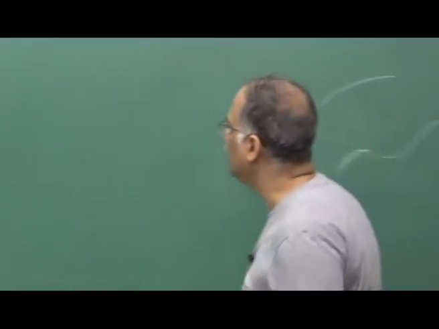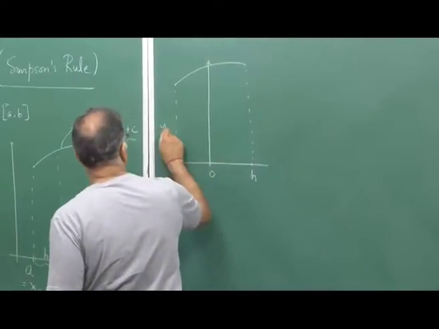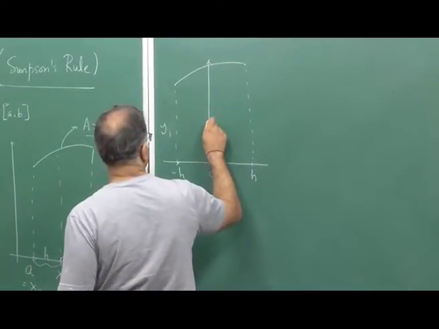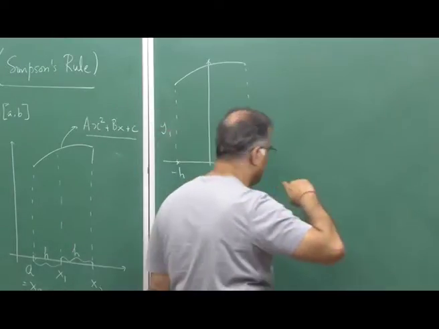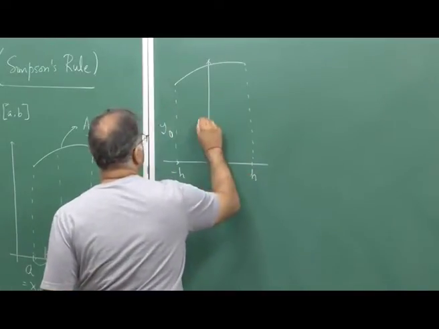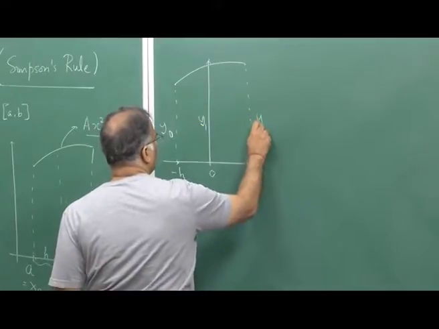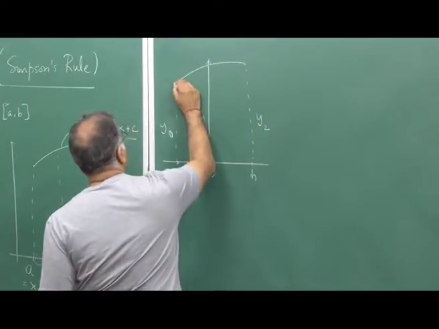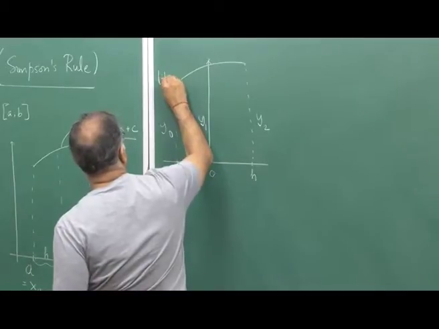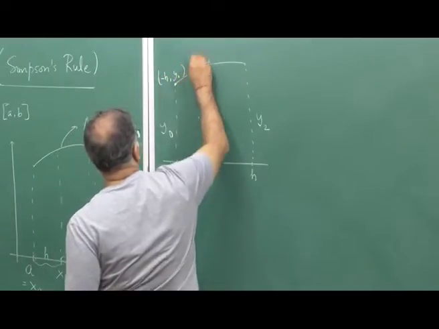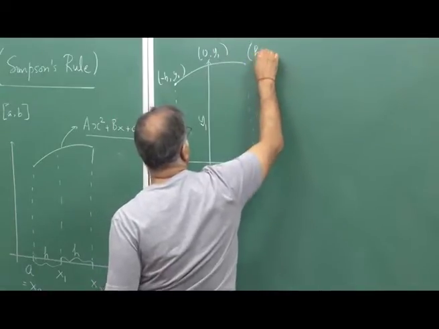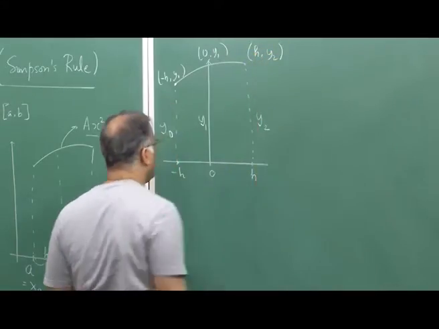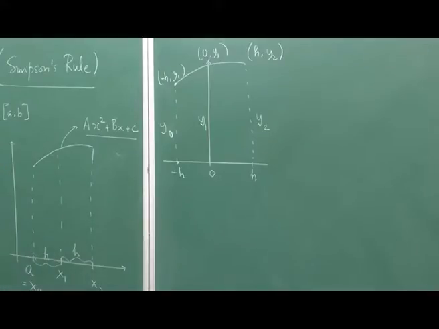So what is this area? Call this y0, this should be y1, this should be y2. So, this is the point minus h, y0; 0, y1; h, y2. Let me just try to understand, because every time we are taking a pair of 3 points,